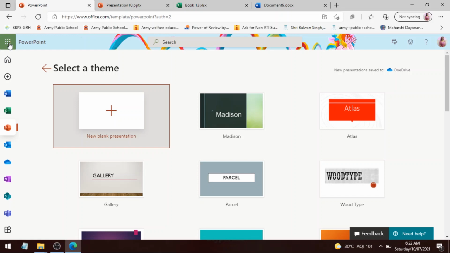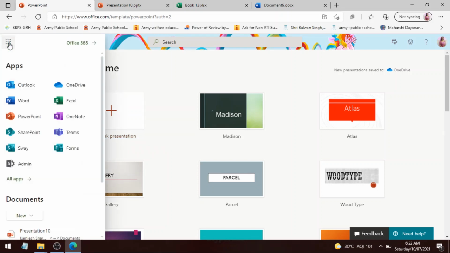So in this video, you have seen how you can use the cloud versions of Excel, PowerPoint, and Microsoft Word. I hope you would have found this video interesting and really useful. So no need to worry if you don't have these MS Office software installed on your laptop or tablet or desktop. No worries, if you have your valid Microsoft Teams ID, just go ahead and use them on the cloud by going to portal.office.com.